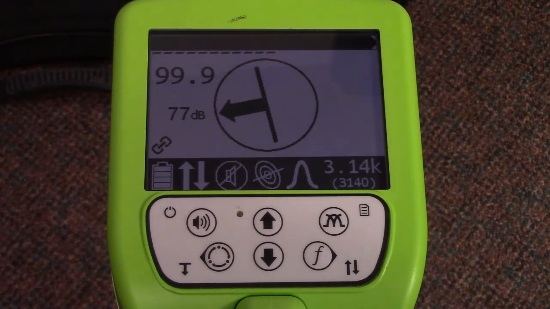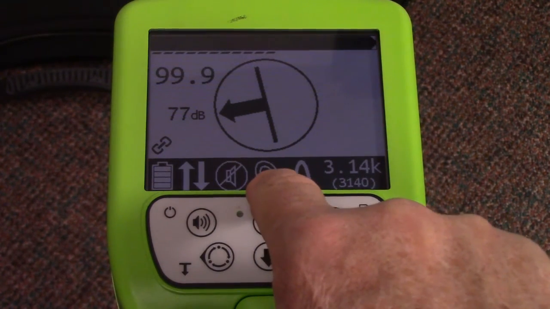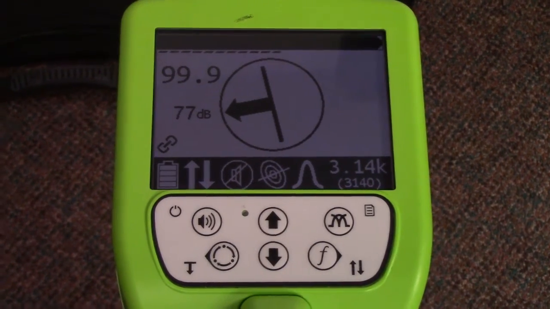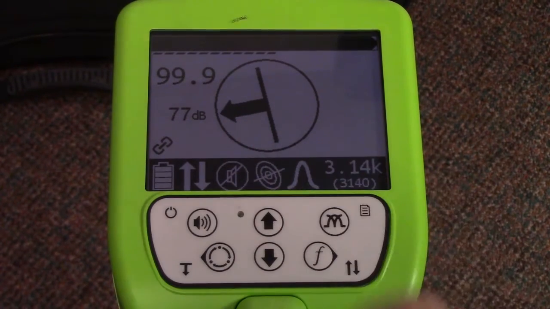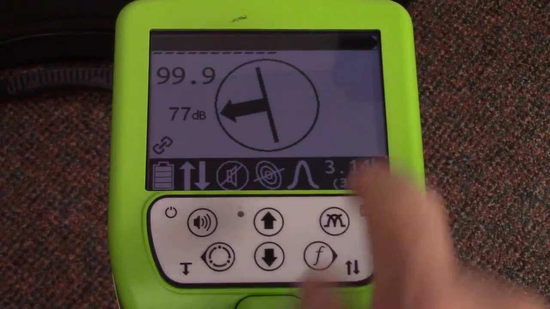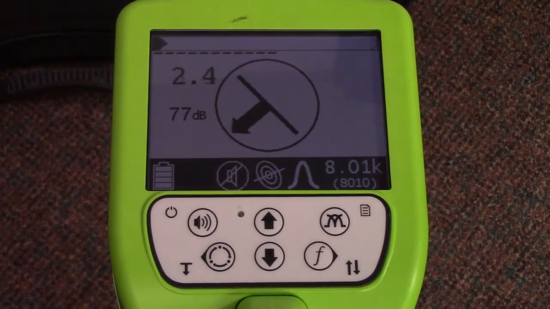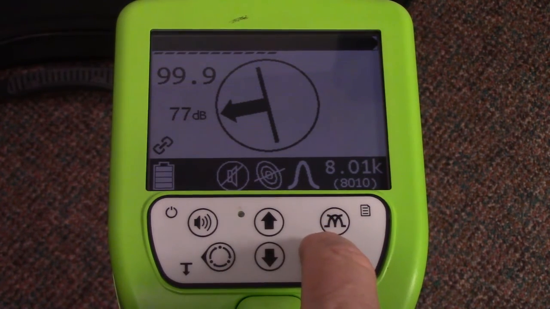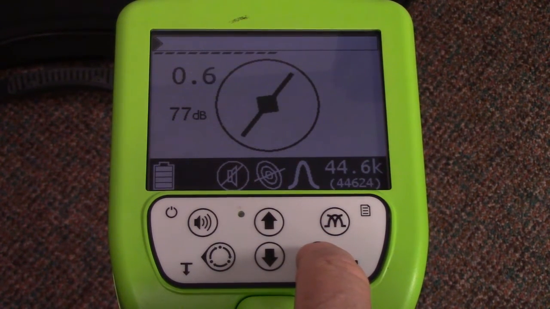Now when you're locating the transmitter, you want to remember you want to see our target line with our frequency circles around it or our magnetic field around it. That's our active locate icon, telling us we are locating a signal from our transmitter. To change that frequency, we simply press the frequency button. Not only does it change it on the receiver, but it will change it on the transmitter as well. And as we scroll through,